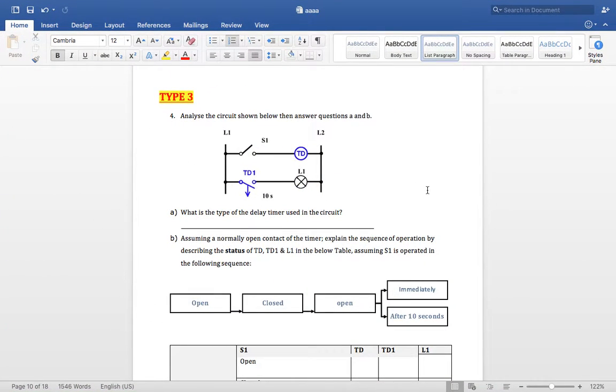Okay, let's have a look at type 3 of module 10. Question number 4. Analyze the circuit shown below, then answer the questions A and B accordingly. So it's given in the figure a ladder diagram in which it has a switch, which is a push button,